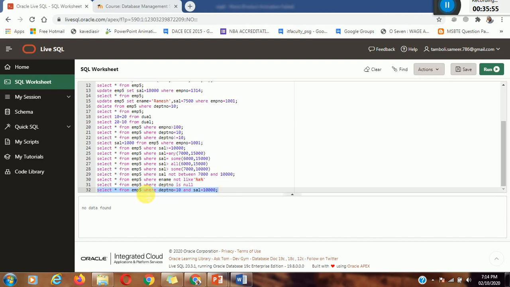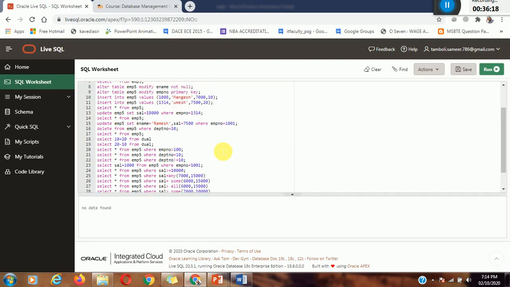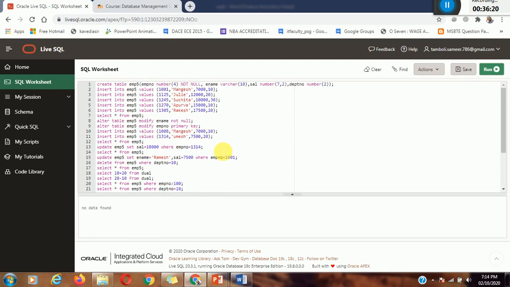Okay, so what is our aim? We are selecting all records which have the two conditions: department number 10, so it must have department number 10, and salary is equal to 10,000. If both conditions are satisfied, then it will display the result. Okay, in our table there is no such record, so there is no such record. Okay, so it does not have the salary,